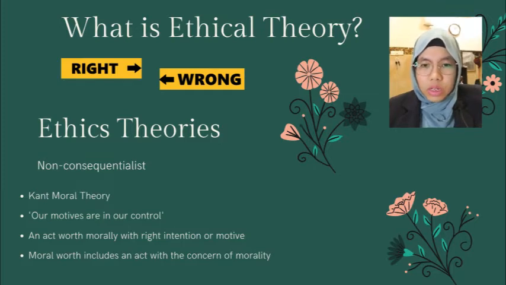According to Kant, our motives are in our control. In this case, women wearing niqabs are forced to choose between their religious life or their civic rights, health, security, public parenting, access to schooling, and freedom of movement. Therefore, it is clear that their motives are not in their control, unlike Kant's theories. Kant mentioned that we are responsible for our motive to do good or bad things, and by doing that, we are held morally accountable.